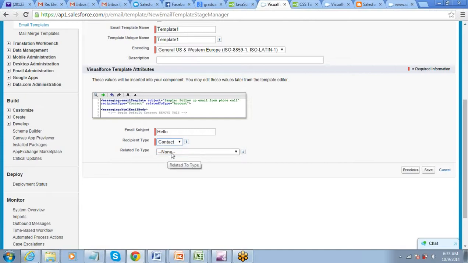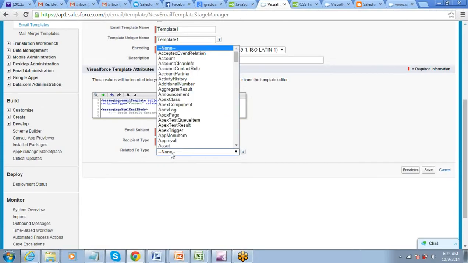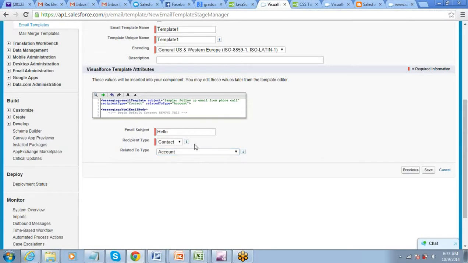Contact will receive. Related to type, what will be the related data inside the template. So let's say account data will be related. So a recipient is the person who will receive. Related to, what data will the email template be related to? I think the same kind of concept we had in other email templates also. So related to data you can include in that email template body.